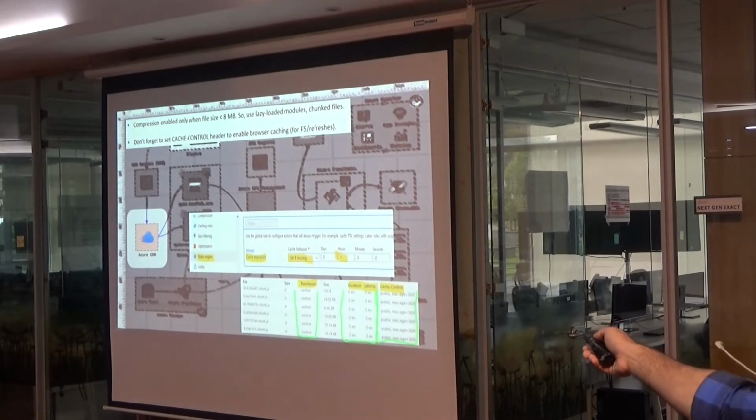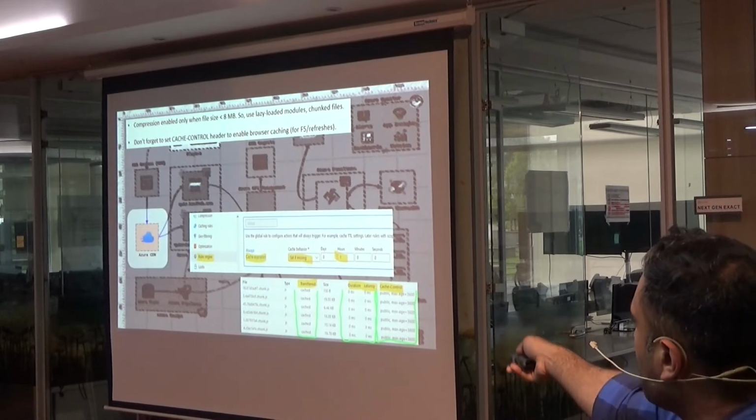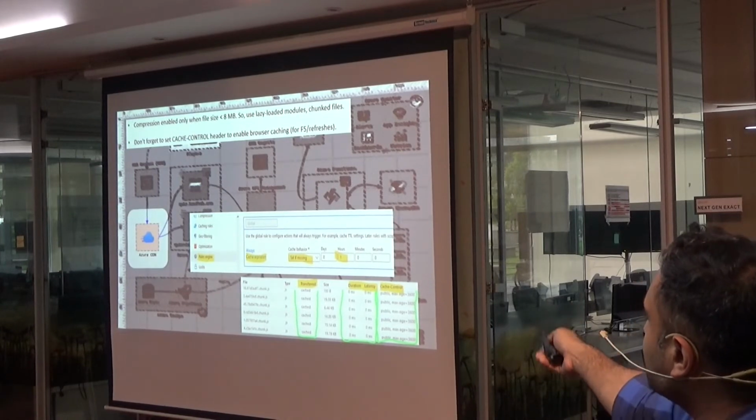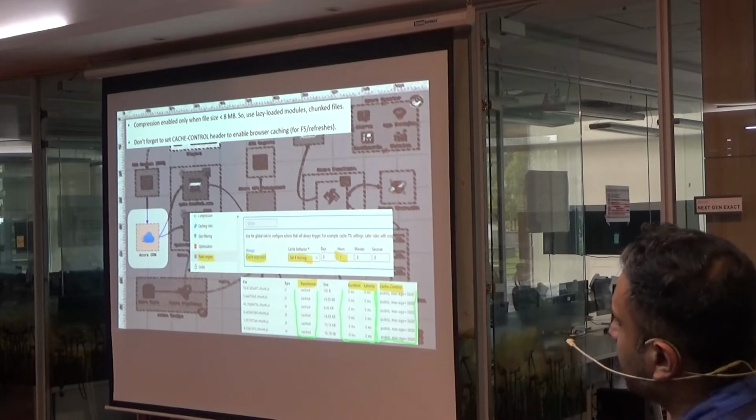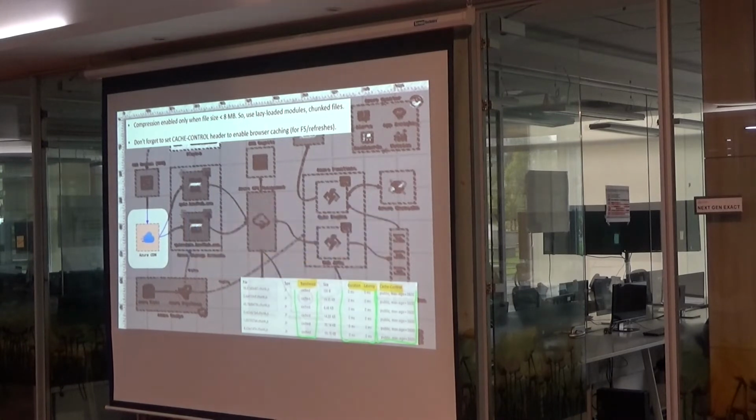Now you can see that if I accidentally refresh the page, the transferred column is all cache. And the latency for loading that file again is 0 milliseconds, because it's loading from the cache, it's not sending an outbound network request. And the cache control header says public, which means you can cache it at CDN level, you can cache it in the browser. Max age is 3600. It will be cached for an hour. And that's good enough. So those are the tricks with CDN that we had to discover the hard way.